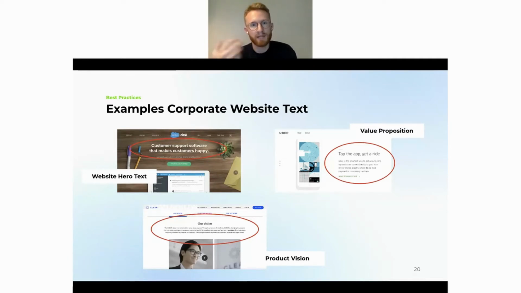Maybe 4 or 5 lines of text about the biggest value of the company. And then lastly, what I also often found is a vision of a company. So we're going to use neuroflash to look into how we can generate a product vision with the help of our AI. And with that, I'll jump right into our app